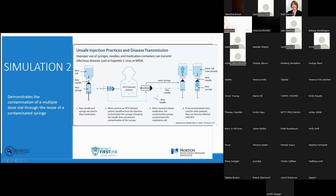The second simulation we used was an actual video of a nurse performing a bunch of things correctly, but made one key mistake. As you see there, she's using a needle and syringe and injecting the medication into a hepatitis C infected patient. A backflow of blood occurs with injections, and now the hepatitis C viral particles have entered the syringe. Then she discards the needle and puts on a brand new needle and goes back into the vial. And what happens? These viral hepatitis C particles are introduced into the vial, and then every subsequent patient receiving a dose from that vial